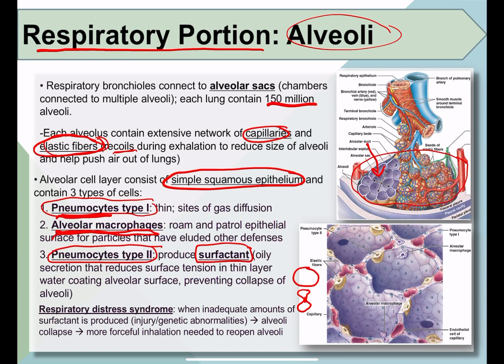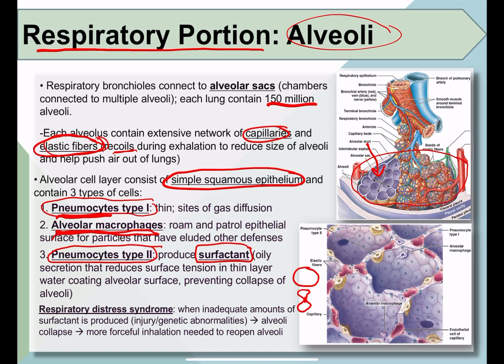And since we talked about how vital it is for our cells to produce this oily secretion, that probably means there is a disease associated with it. And you're right. Respiratory distress syndrome is when an individual makes an inadequate amount of the surfactant produced by pneumocyte type 2 cells. This can stem from damage to your respiratory surfaces, or sometimes from genetic abnormalities to begin with. In the end, it results in more likelihood of alveoli collapsing on each other,